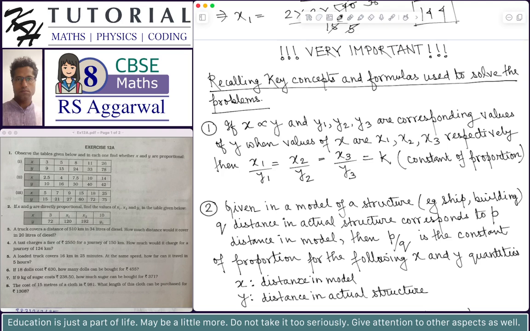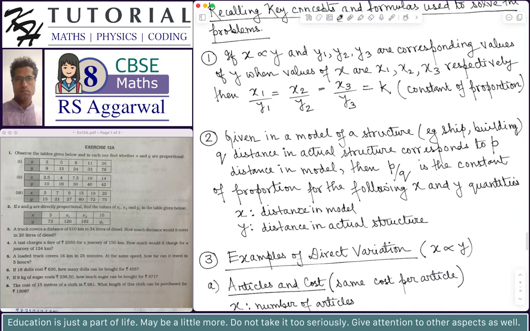The second concept is about a model of a structure. You might have seen the model of a structure. The structure could be a building, a ship, or an aeroplane. In the engineering department, a model is always prepared first, and based on the model, the actual structure is made or built. So if it is said in a given problem that in a model of a structure,